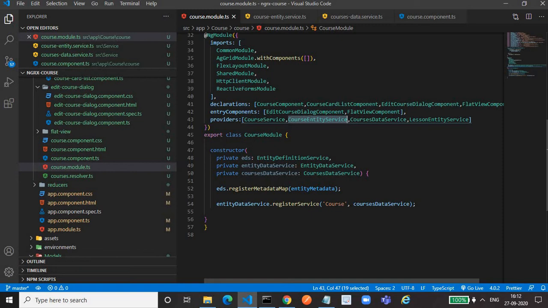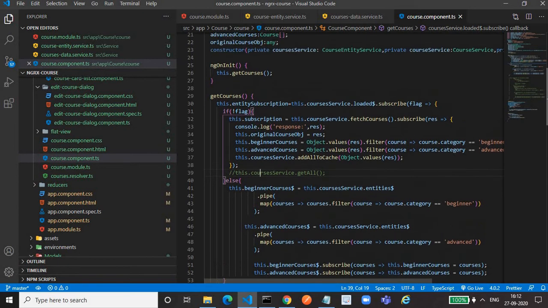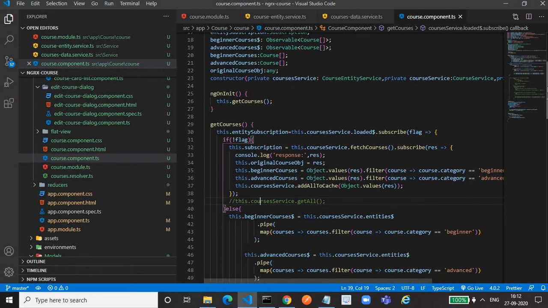Then we'll see how we can fetch the data from the database for the courses component. We'll go to the course component.ts file. In the course component.ts file, first of all, we have to get an instance of my courses entity service, means this service.